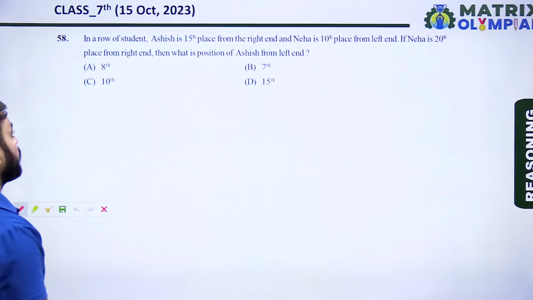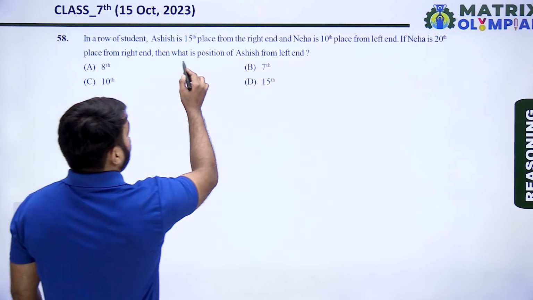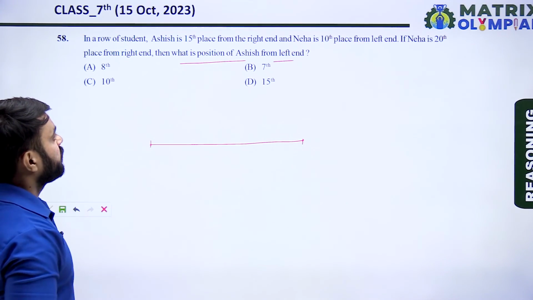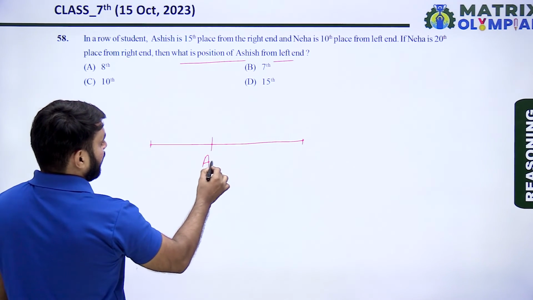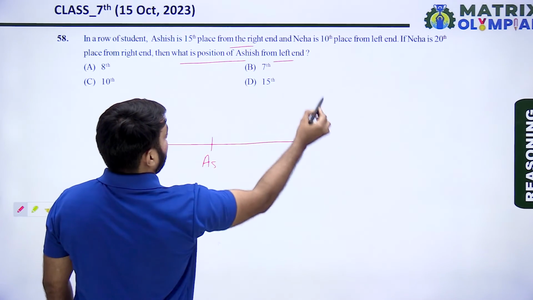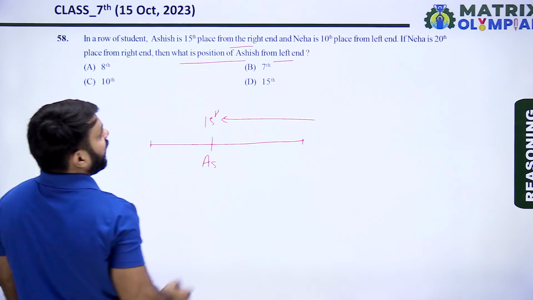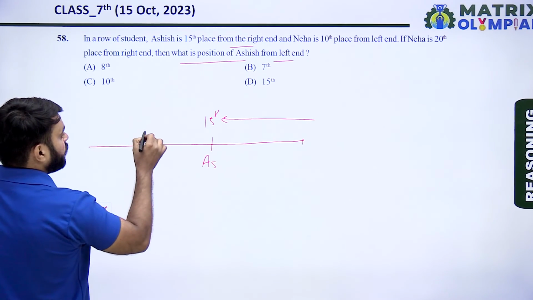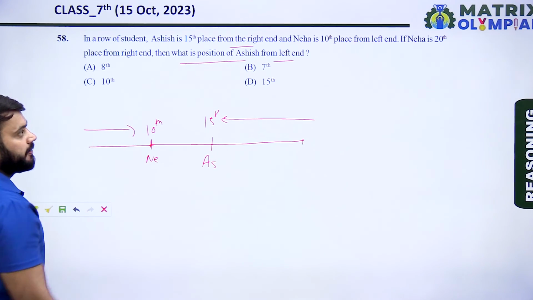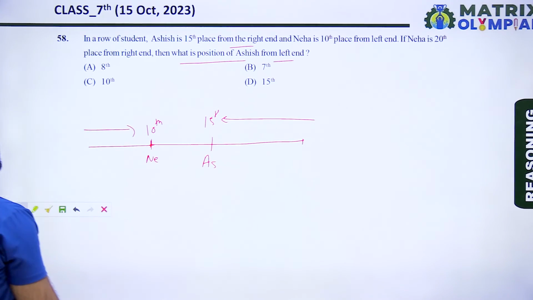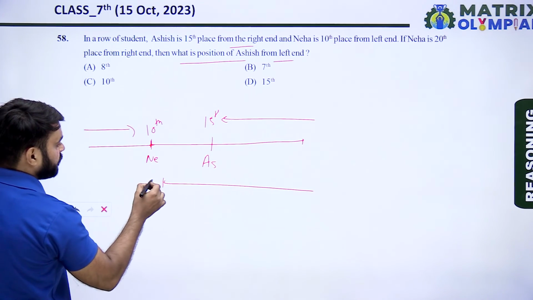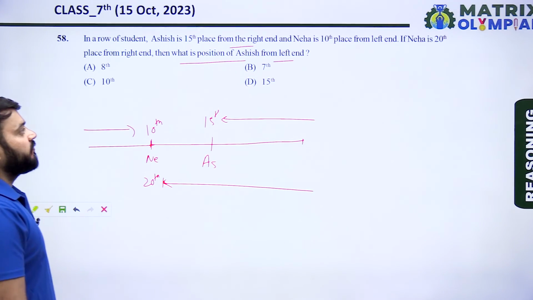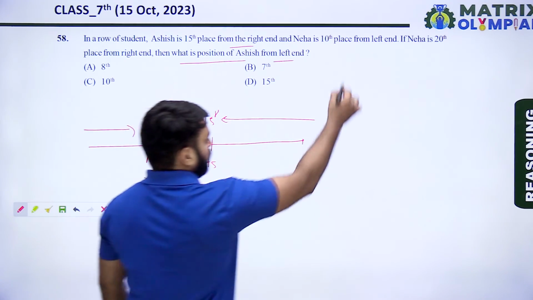If Neha is 20th from the right end, then what is the position of Ashish from the left end? So first, draw Ashish's rank from the right end as 15, and Neha is 10th from the left end. If Neha is 20th from the right end, then what is the position of Ashish from the left end? Find the position of Ashish